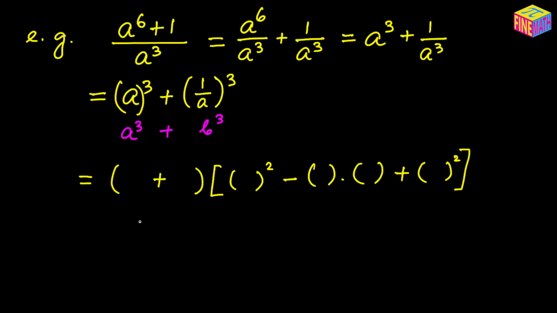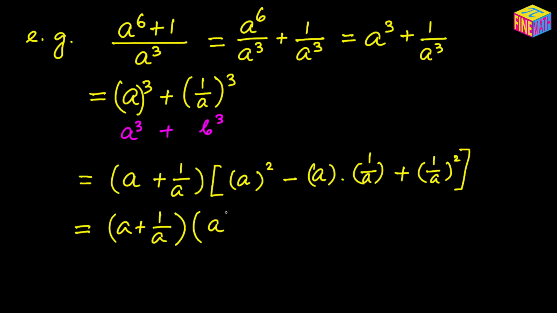Now what is a in this case? Well, a is actually a, and what is b? B is actually 1 over a, and then a squared, so that would be a squared minus a times b, that would be a times 1 over a, and then plus 1 over a whole squared. So from here what do we get? Well, from here we get a plus 1 over a